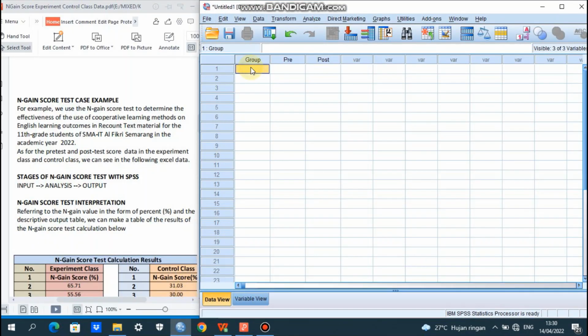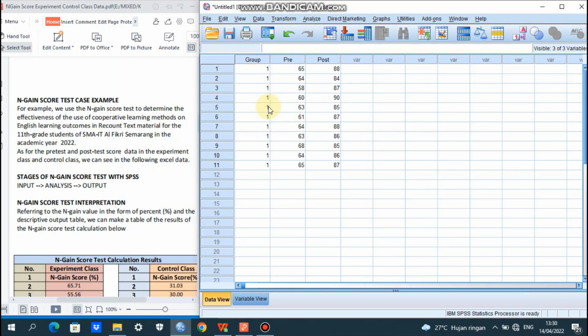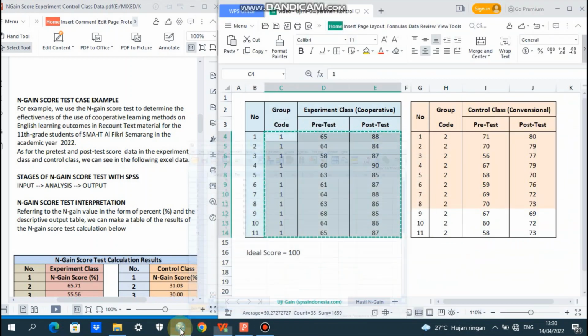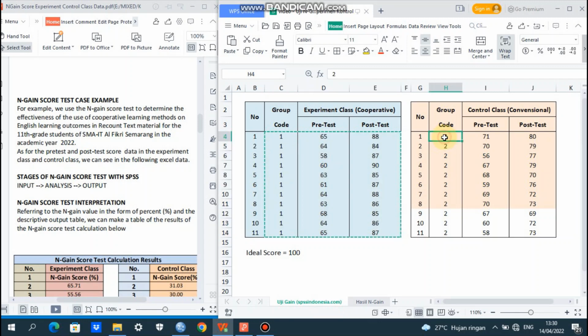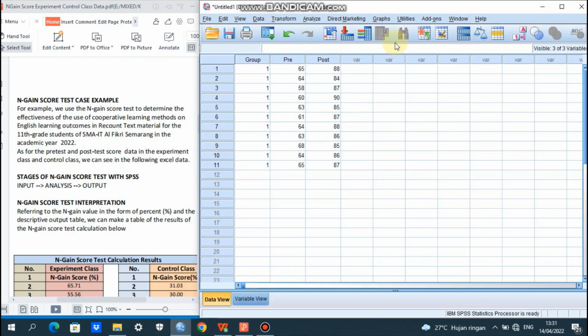We paste it here. Okay. So here for the column number 1 until 11. For 12, we will fill it with control class. The code 2, we copy pretest, post-test from 11 participants. And then we copy and we put it here. We just paste.